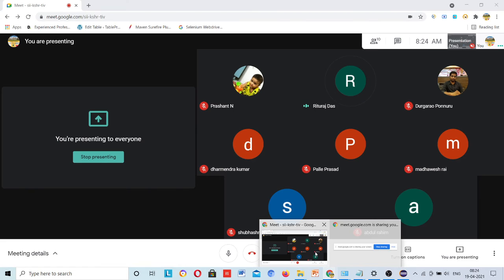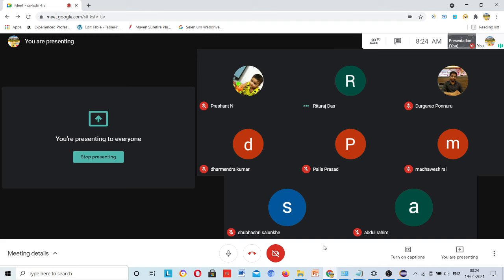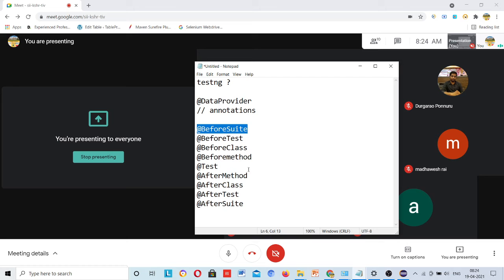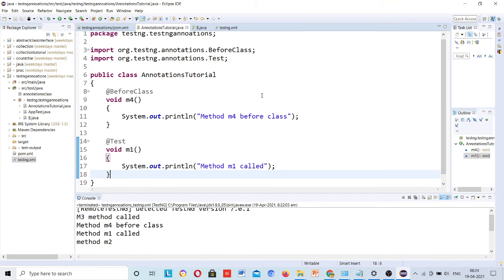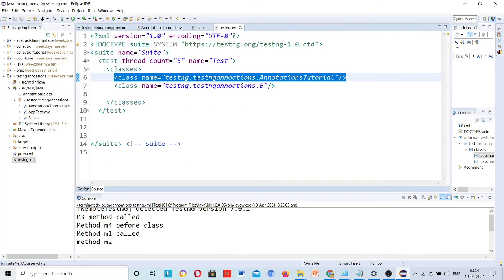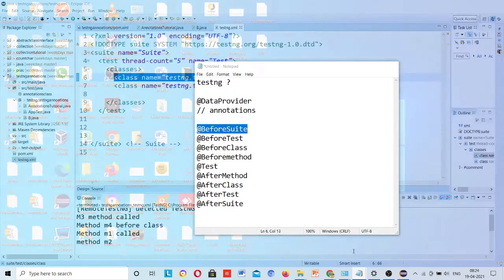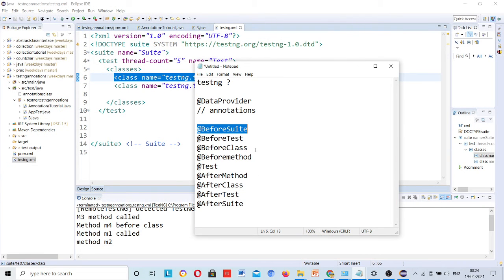First of all, it will check the order, suppose it comes here inside classes in testng. It doesn't matter whether you have added or not, TestNG's working is defined in a way that first of all, in that particular class, if it is present, then it will start scanning from before class.